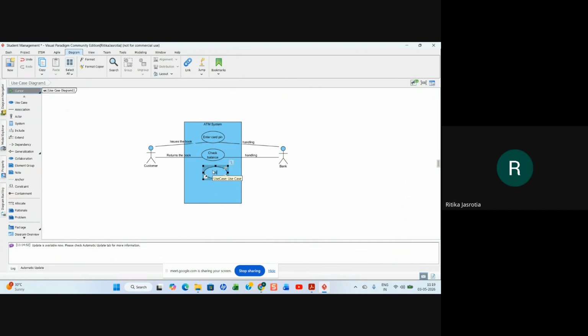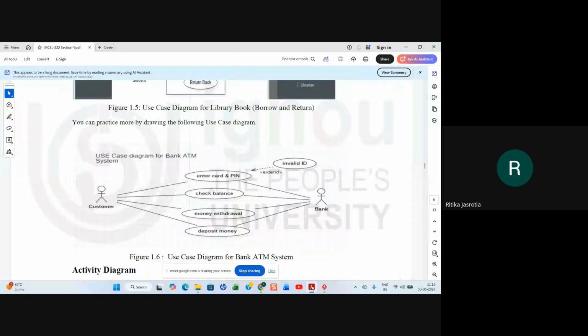Withdrawal, and what else was there? Deposit.